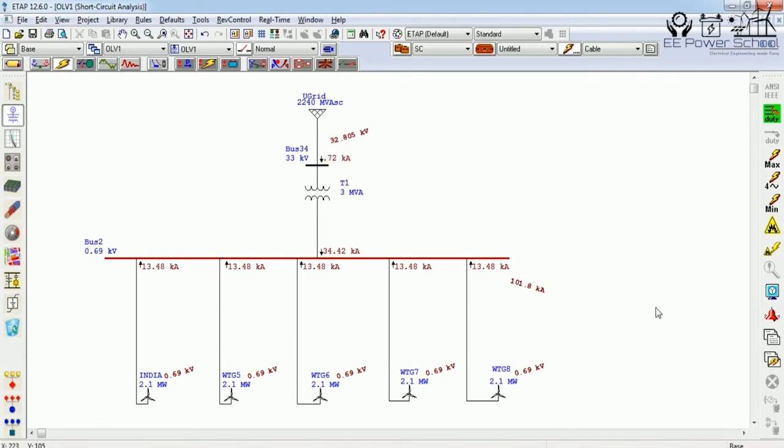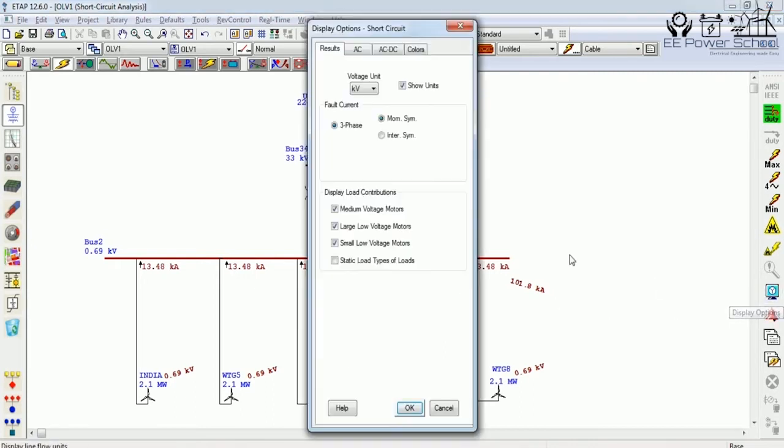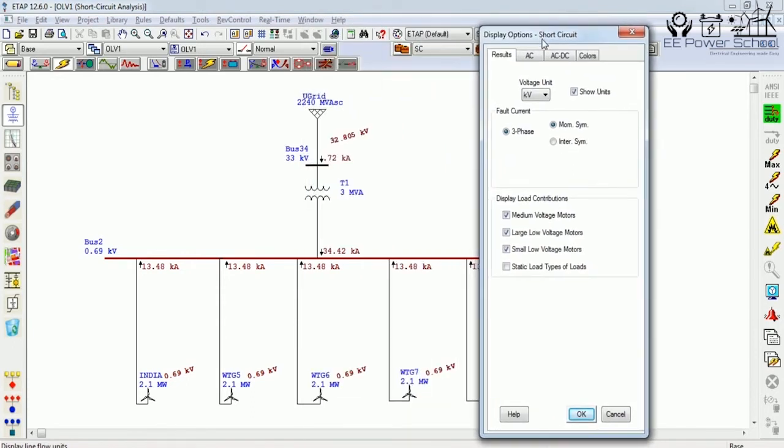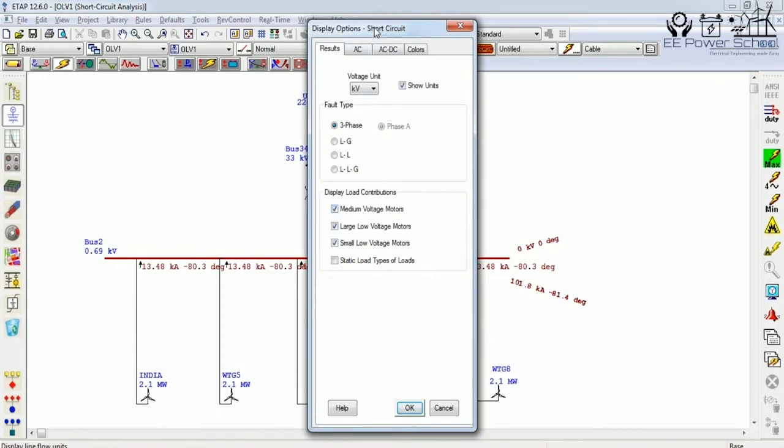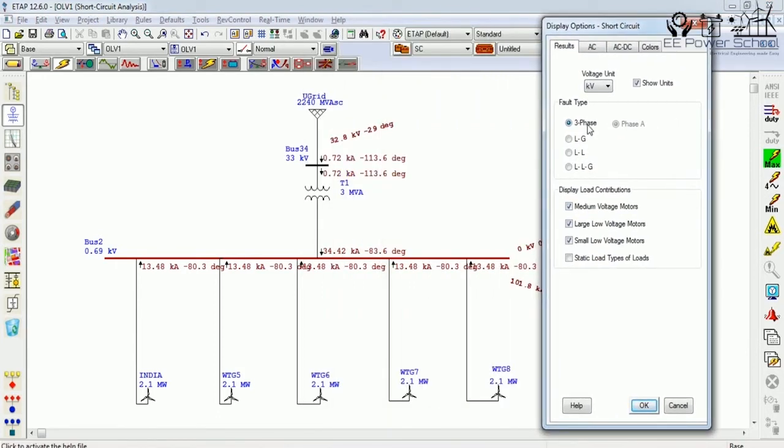If we have to check which type of short circuit current this is, we can go to the display option, and it will show that it is for 3 phase. If we have to check for single phase, I'll click on max, and it will show the display options. Again, go to display option. Now my fault type is 3 phase fault.